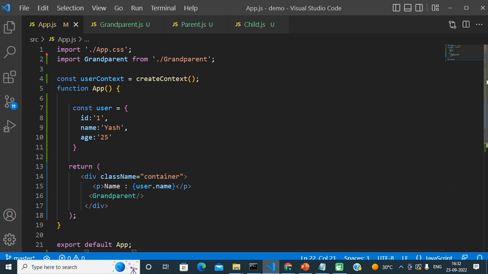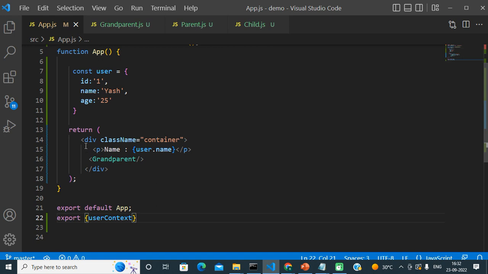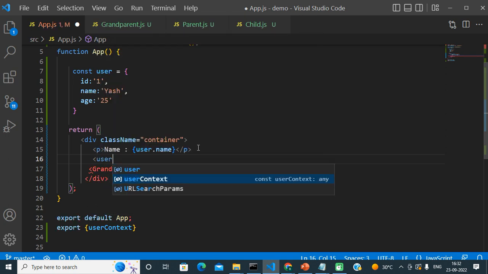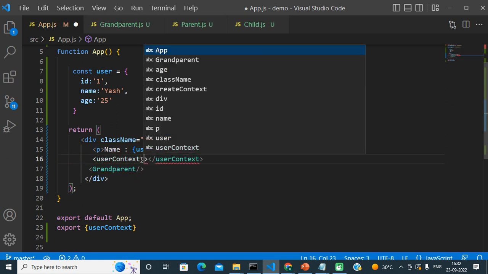After creating this context, the next step is we just need to wrap our child component inside of this syntax. Just remember this syntax: UserContext.Provider.